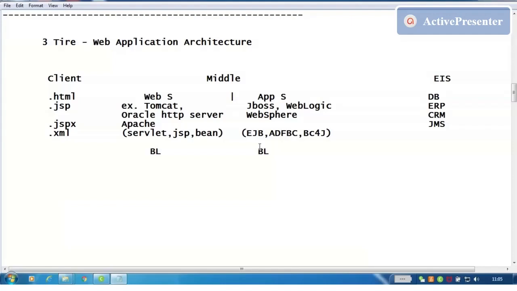Now the question is, why do I need two types of components? One component I'm using for the web server, another type of component for the application server. Why do we need two types of application component? Okay, if you just see this here, so I'm talking about